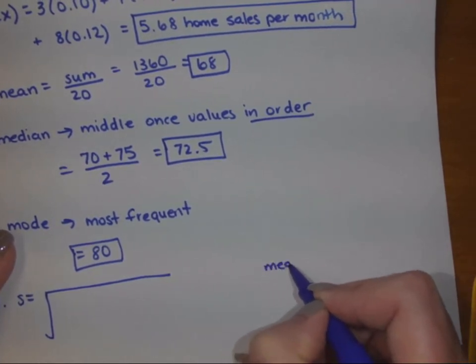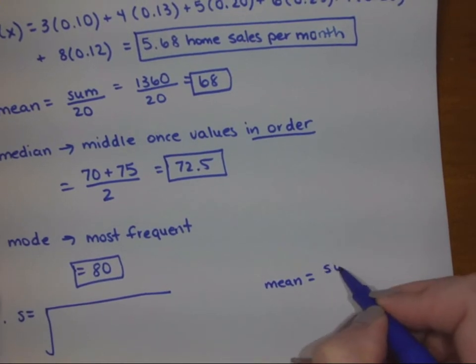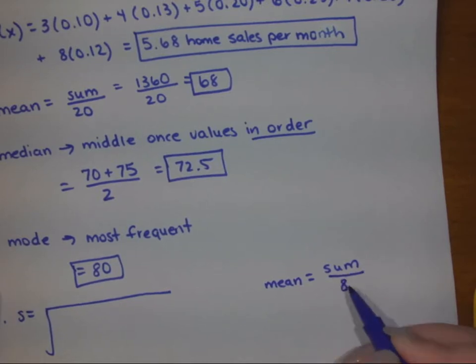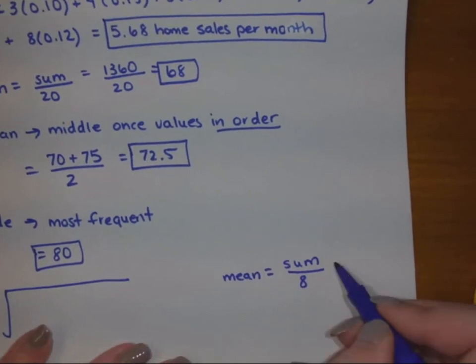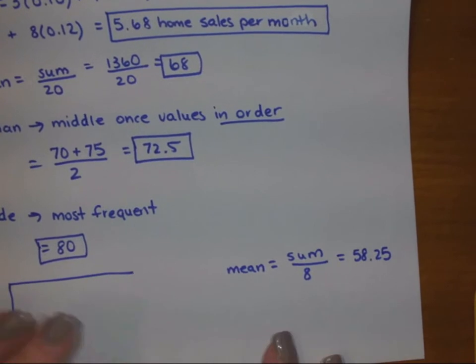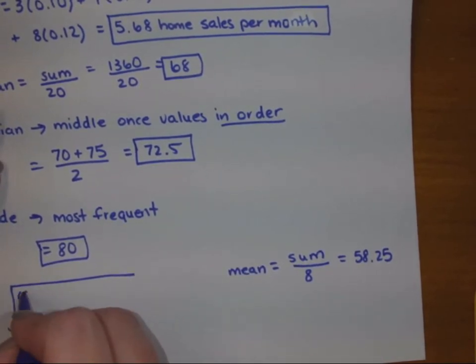So the mean would be whatever you get when you add up all the times, and then divide by the number of values you have. I don't want to spend too much time on it because I feel like you should be able to get the mean. But then the standard deviation is you take the first value, which is 53, minus that average